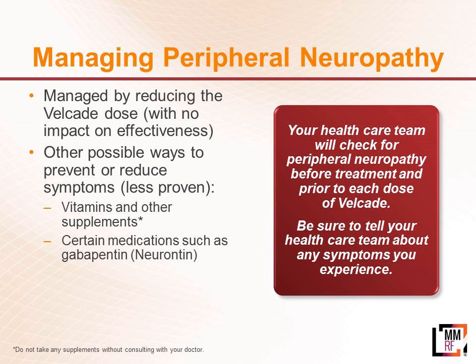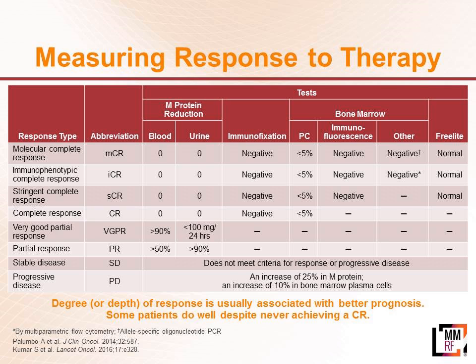We reduce the dose, and sometimes we have to use other medicines. There's the use of vitamins or supplements, and then we can sometimes relieve some of the discomfort with the use of Neurontin or gabapentin. So here there's a lot of information, probably more information than you need, but this slide